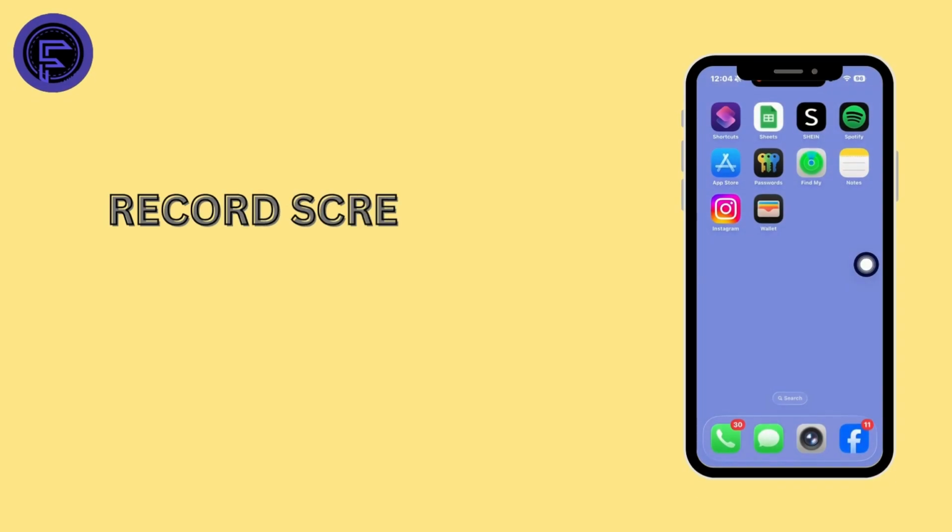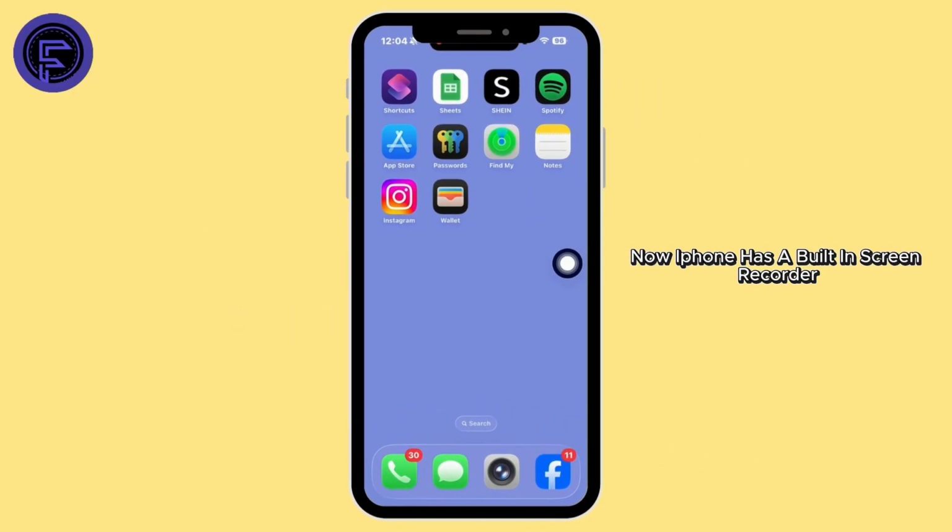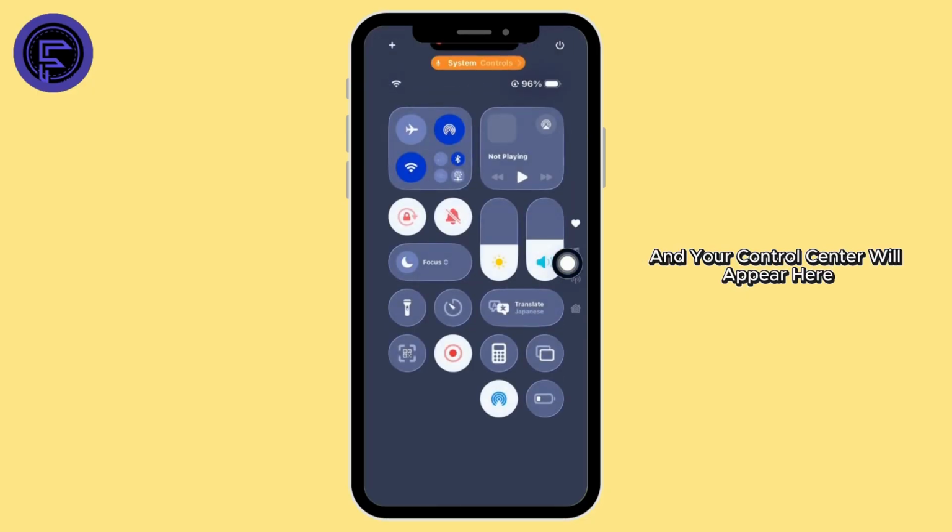Want to record screen with internal audio on your iPhone? In this video, I will guide you step by step on how you can do that. Now, iPhone has a built-in screen recorder, so you can simply swipe down from the right and your control center